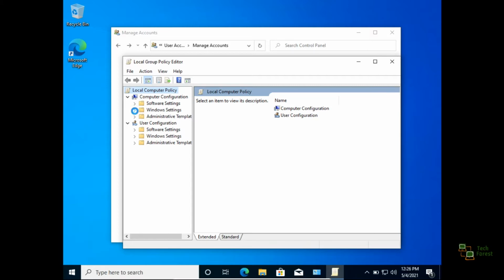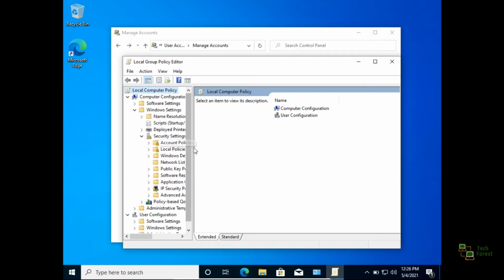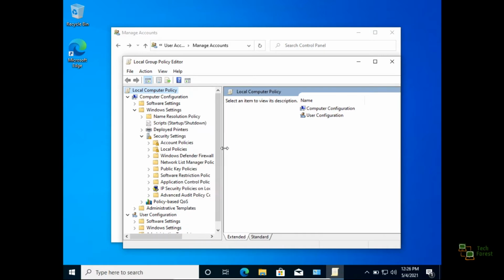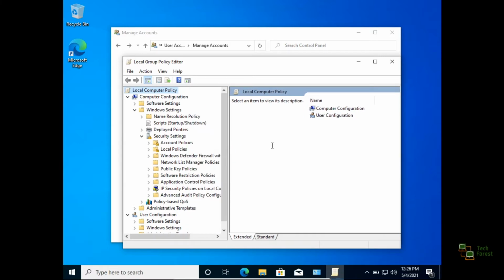It will drop down. Then drop down Security Settings. Then click on Local Policies. Then User Rights Assignment.